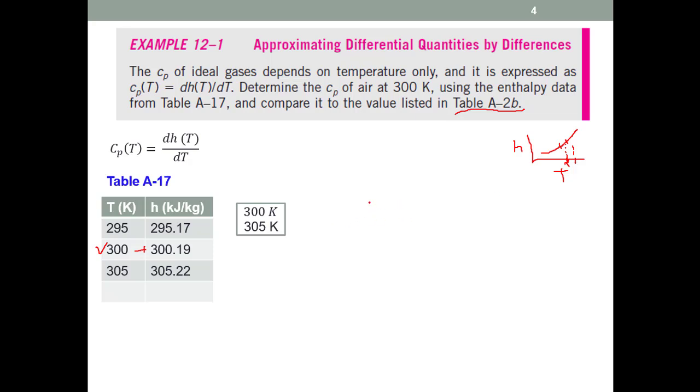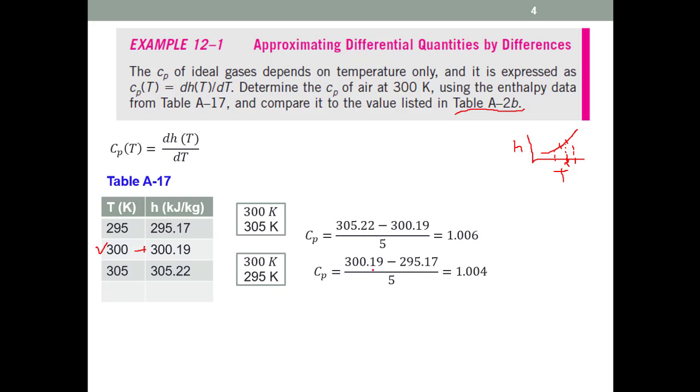Now if we take the derivative, then the Cp value is delta H divided by delta T. So delta T is 5, and the value of Cp is 1.006 kilojoule per kg per Kelvin, all units in SI. Similarly we can take another two points. Instead of 300 and 305, we can take 295 and 300, and if we apply that again, then Cp, that's delta H divided by delta T, is 1.004. We can also take 295 and 305, so that's the third option. If we again put in the values,